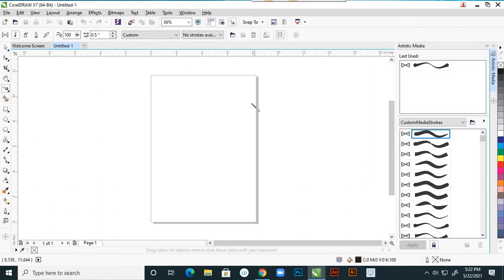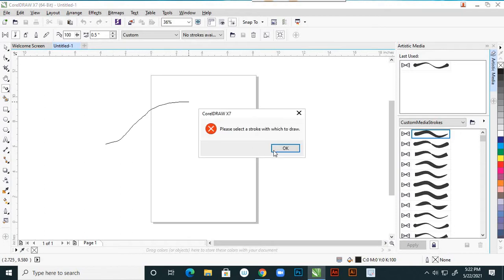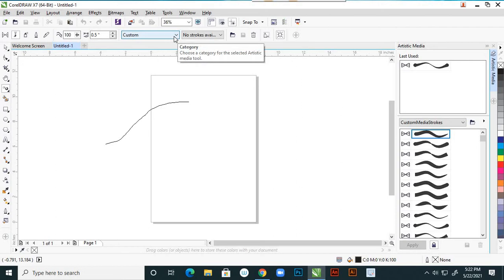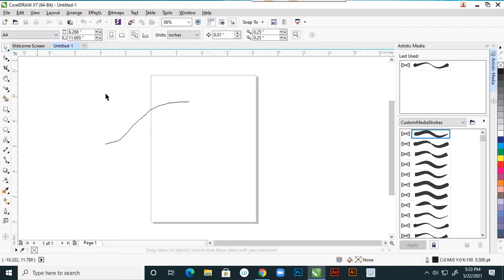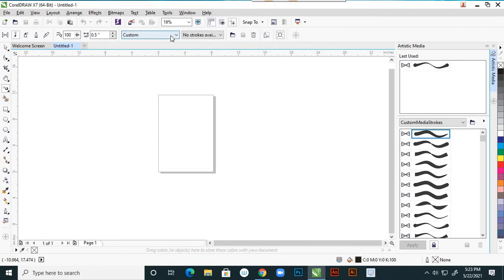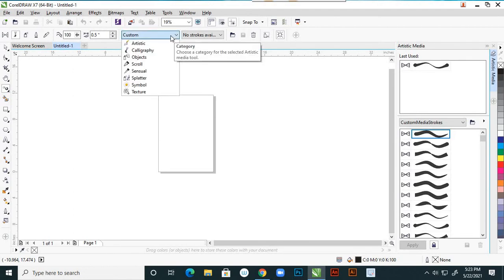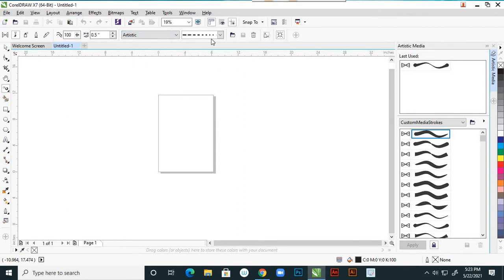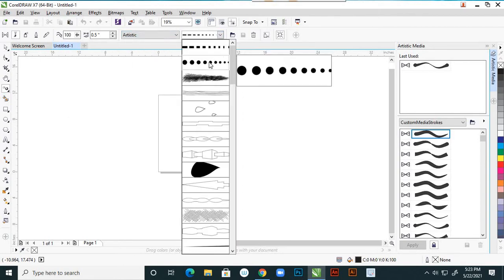So now if you draw with this brush, we have to select first. First from custom presets you have to select. Suppose this is artistic media brushes, right?